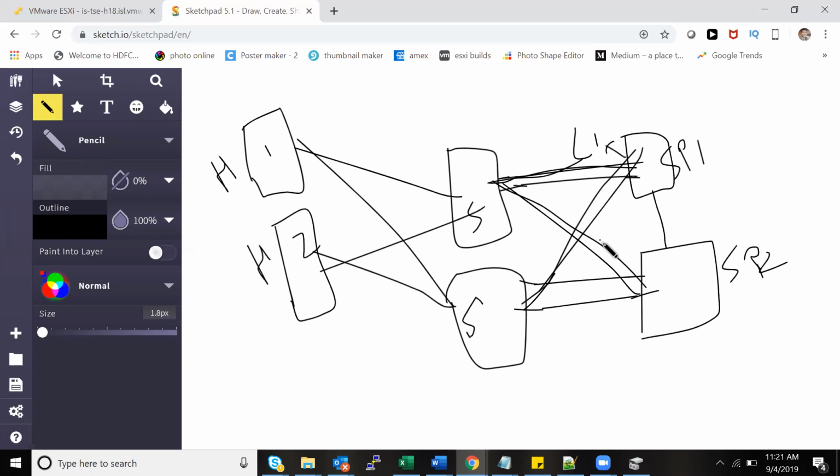No, that's the question now. Why are you creating LUN 1 again on SP1 and SP2? Why do you do that? Storage admins will not do that. They'll create either on storage processor 1 or 2. They won't have access to choose, because the underlying storage will not let you say I want to create it on storage processor 1. You have a storage console, right? You have your management page for storage. It will not show you whether you are going to create it on 1 or 2. There is no such feature.